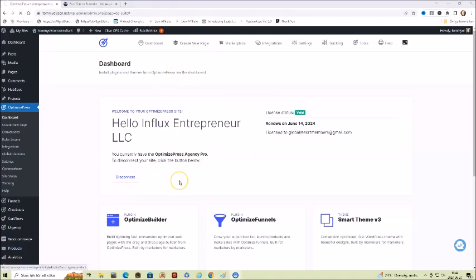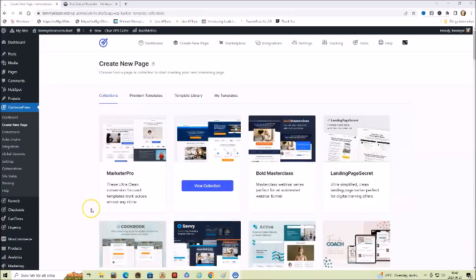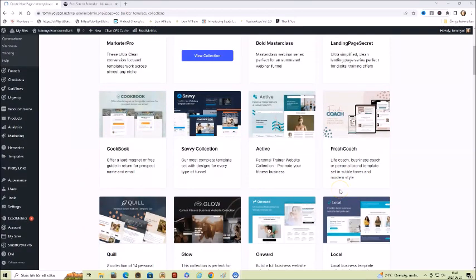Before moving on in this tutorial, I just want to mention that this tutorial is great if you are a solo real estate agent, or if you have an agency. Anyhow, here you can find different themes you can use.